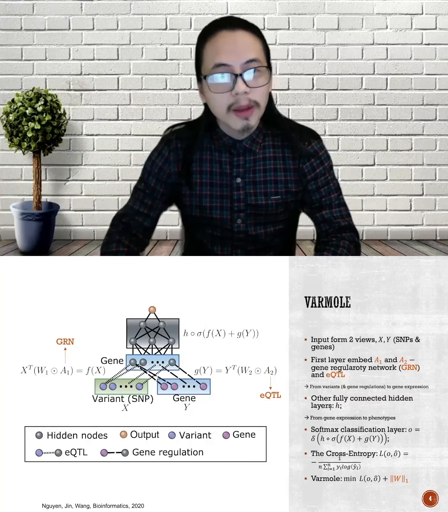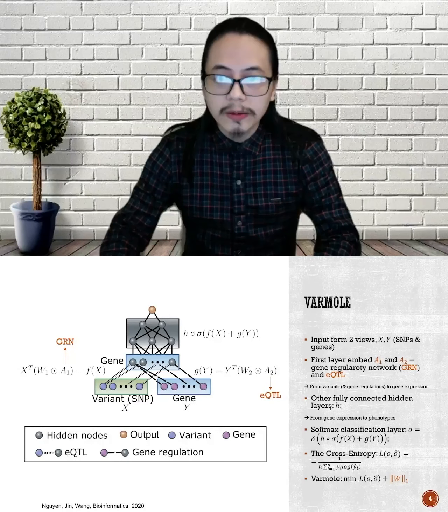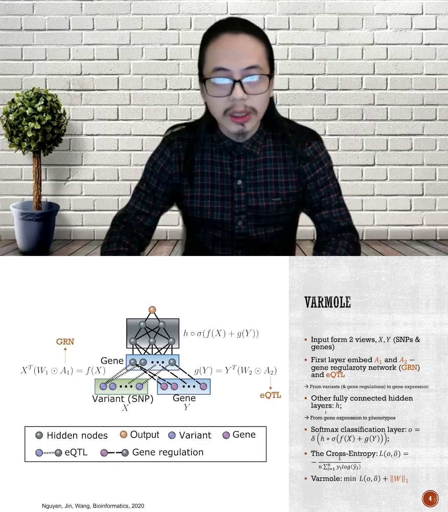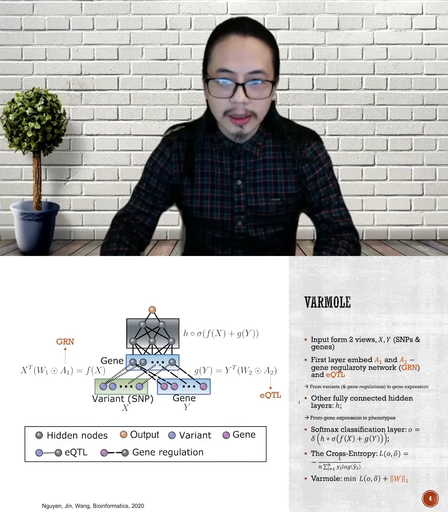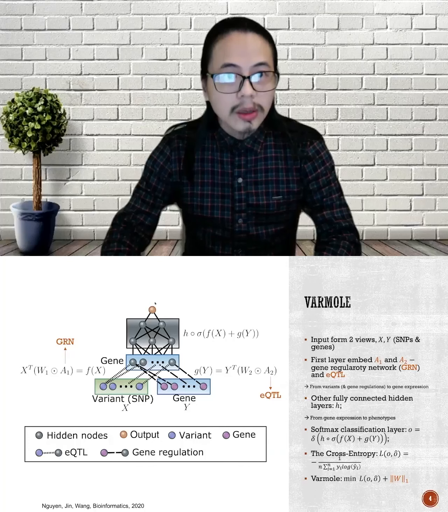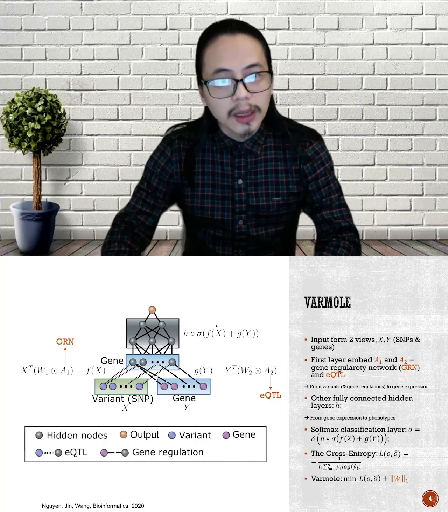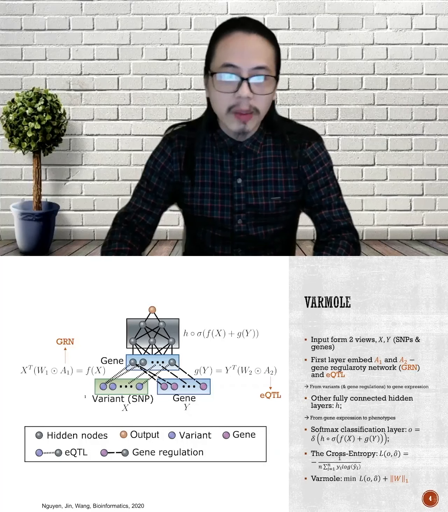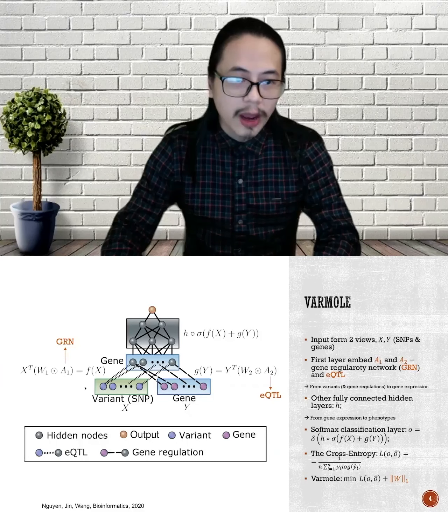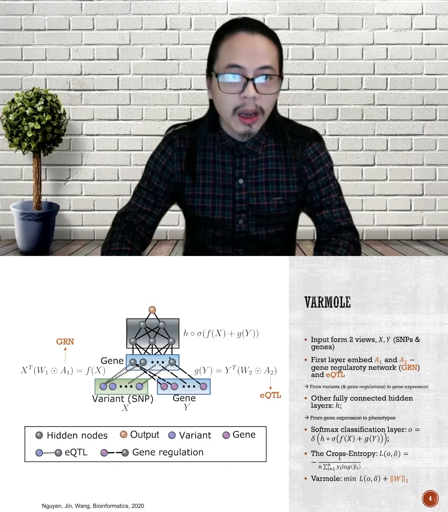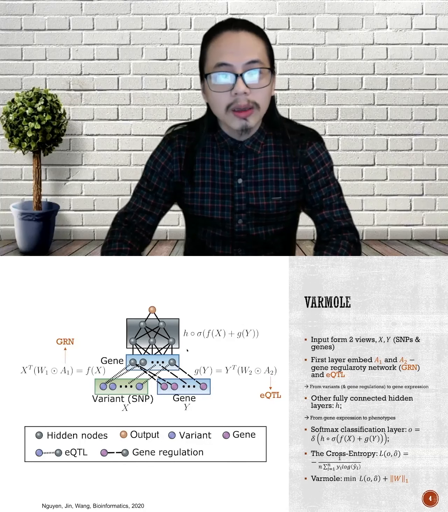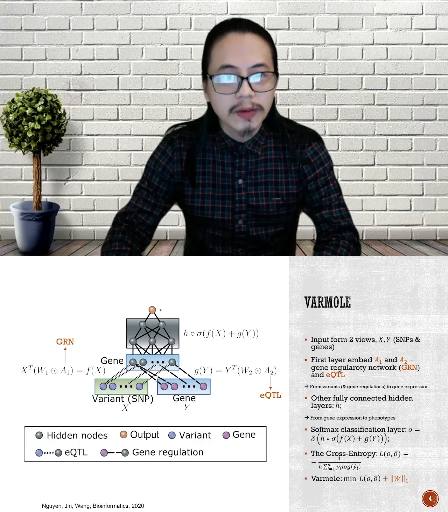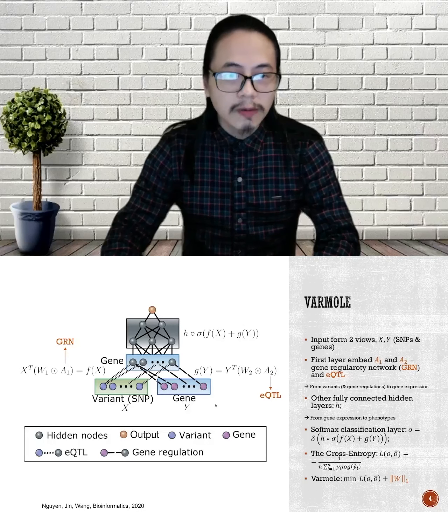So Varmole is a multi-view method, which is also an interpretable architecture. Its architecture consists of 2 main parts. The first part resembles the mechanism of how variants and gene regulation give rise to gene expression. And the second part resembles the mechanism of how gene expression gives rise to the phenotype. First part,